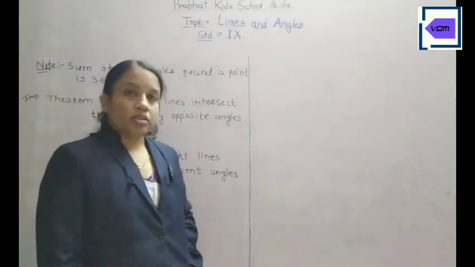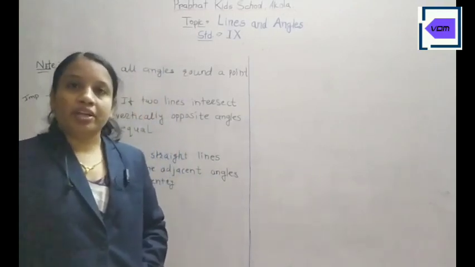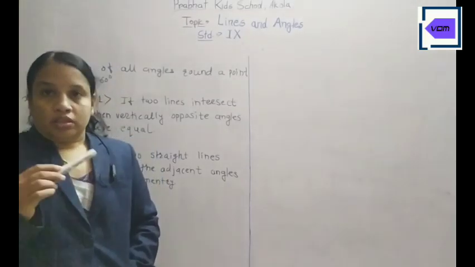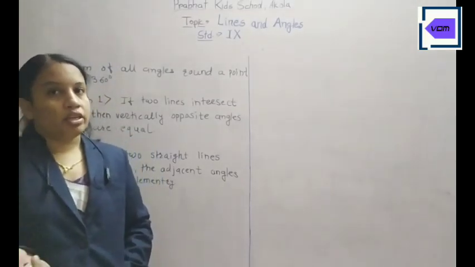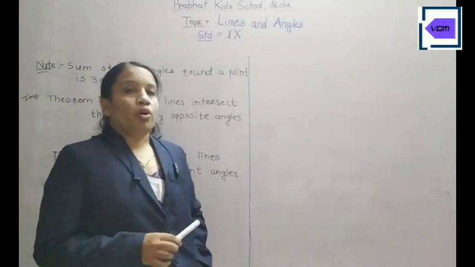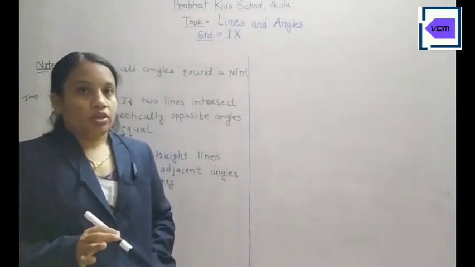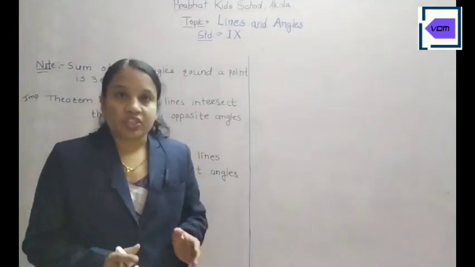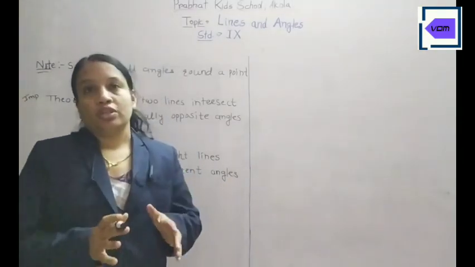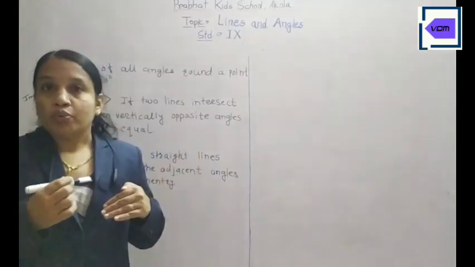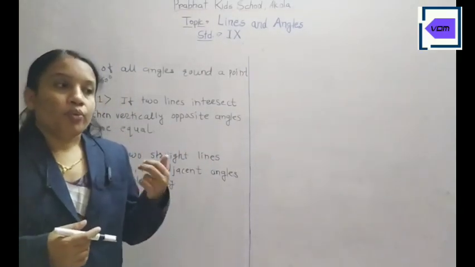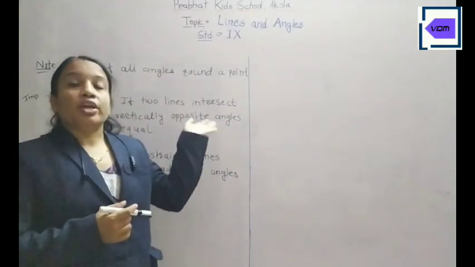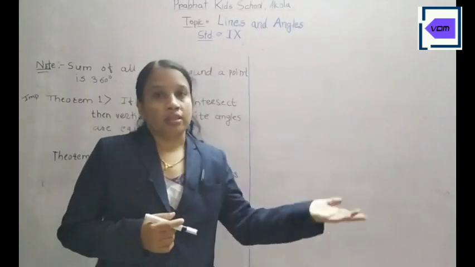Now let us see the proofs of some theorems which are very important for this chapter, because there are so many questions in your exercise depending on them. First of all, you have to revise the basic concepts so that you can write the proper proof. In geometry it is very necessary to write the reasons for each step when proving your theorems. We have two axioms that we are going to use to prove the first theorem. Then you can use the theorems to prove other theorems too.